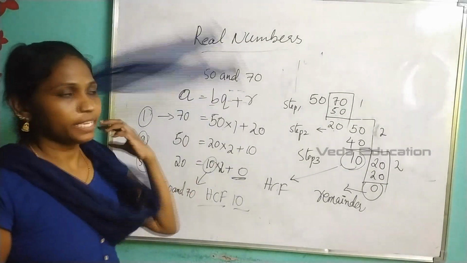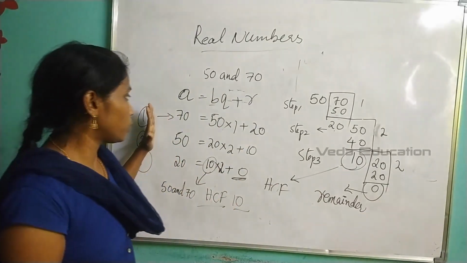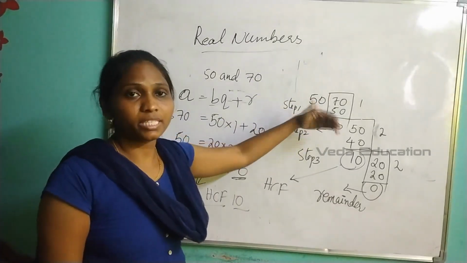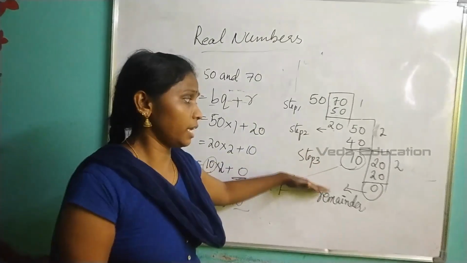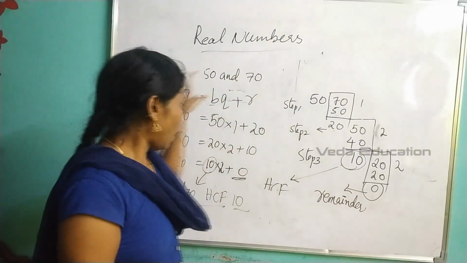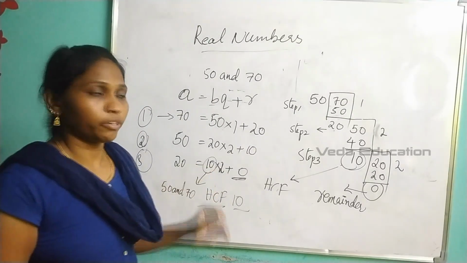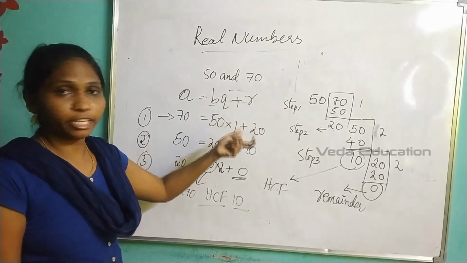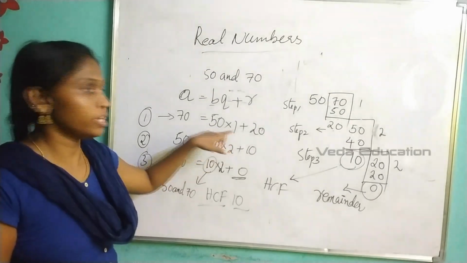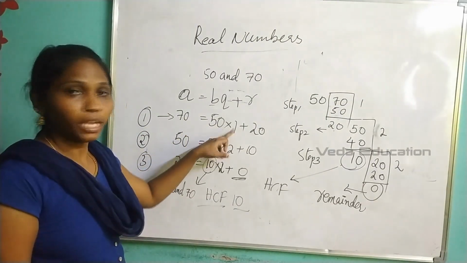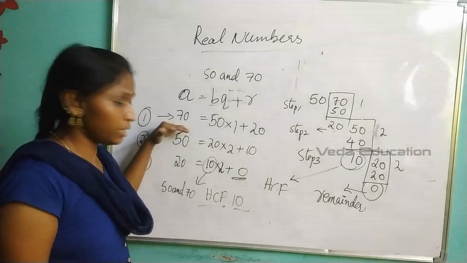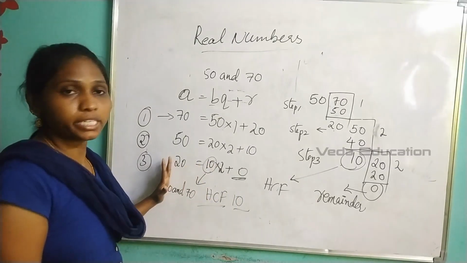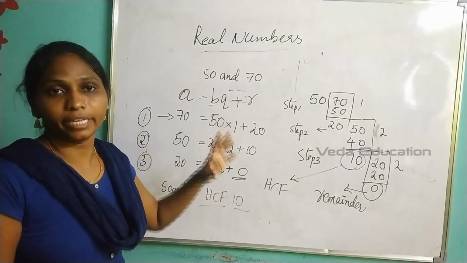Are you following? Very easy way I explained how to apply this Euclid's division lemma by solving HCF. Simple previous knowledge I recalled here. How we did in previous classes by finding HCF, we did this method. By using this method only, I applied it in equation form. Got it, everyone? So here you can check also when you are doing this process whether you are getting correct answer or wrong answer. By calculating this, you will get left side answer. 50 ones are 50 and 50 plus 20 you will get 70. And same process continues here. 10 twos are 20 and 20 plus 0 is 20. So left side and right side will be equal. Then you will get clarity about this problem.